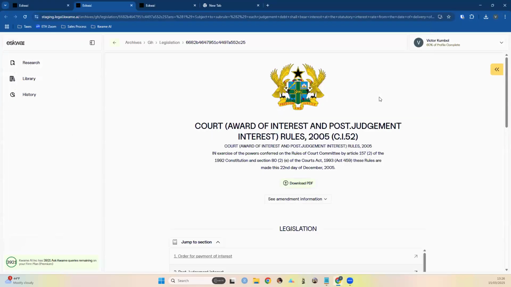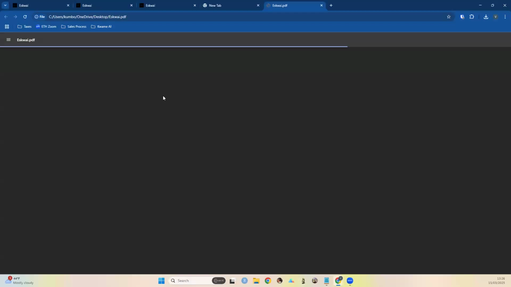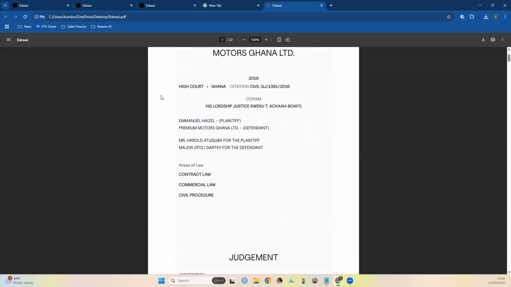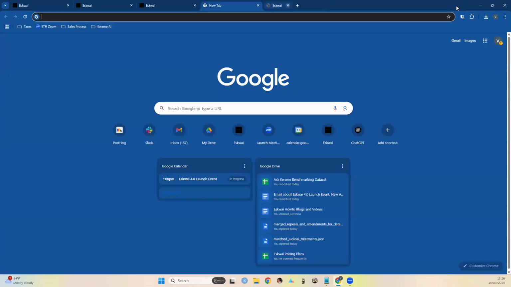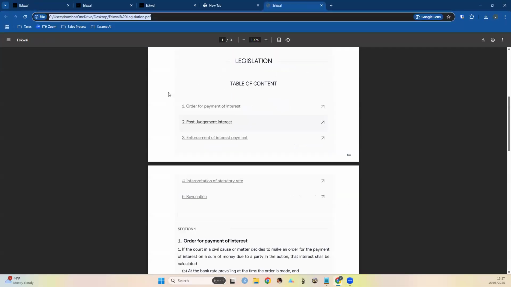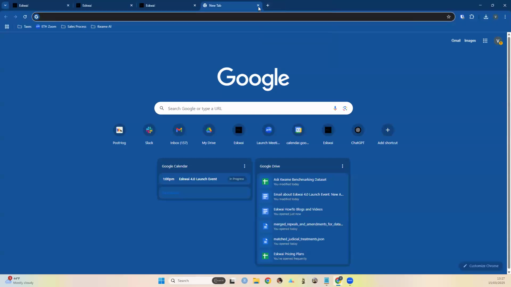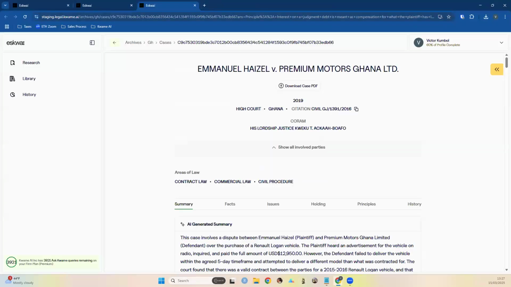And I'll open it from my desktop so you can see. Right, so the downloaded files are here on my desktop, and you can open them to see. So this is the case that I downloaded, and this is the legislation that I downloaded. Right, so now we have provided the ability for you to download cases and legislation if you need to have copies yourself.